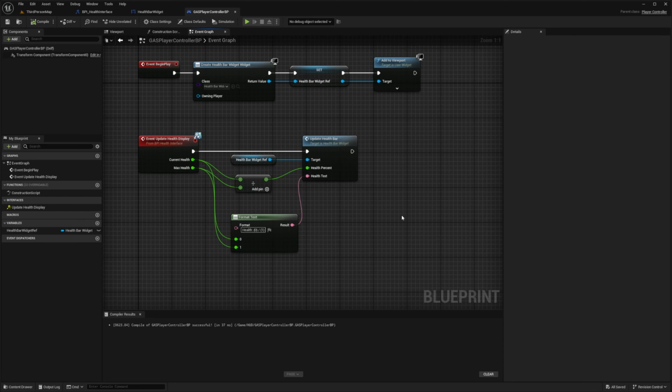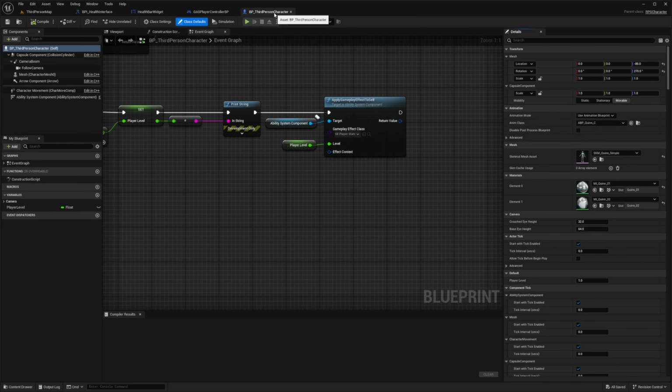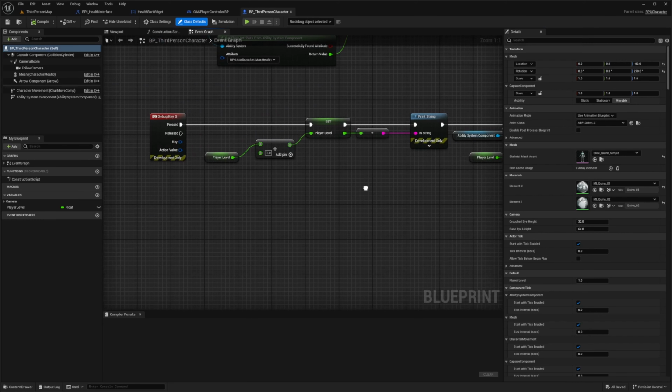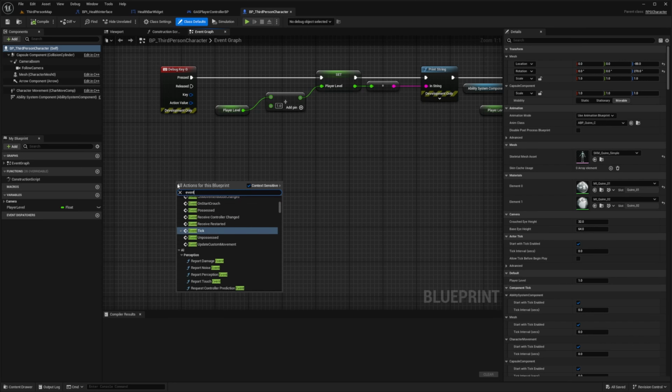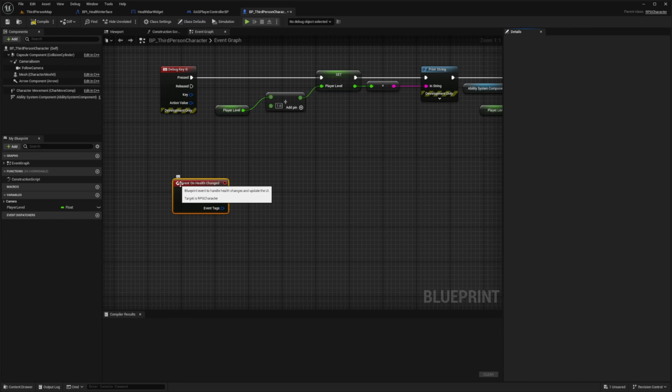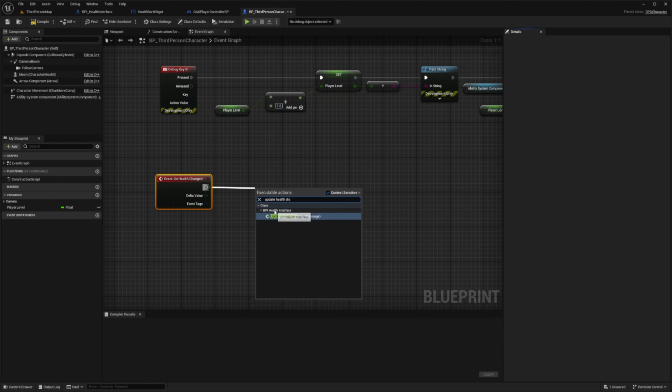And now the last thing we need to do is open up our character. So back to our BP third person character, I need to tell the player controller when to actually update our health and what will happen in order for us to update it. And in our C++, we did create an event to actually calculate our on health change. So down here, I'll call an event on health changed that we created via C++. And pretty much whenever our health changes, I just want to update the health display,